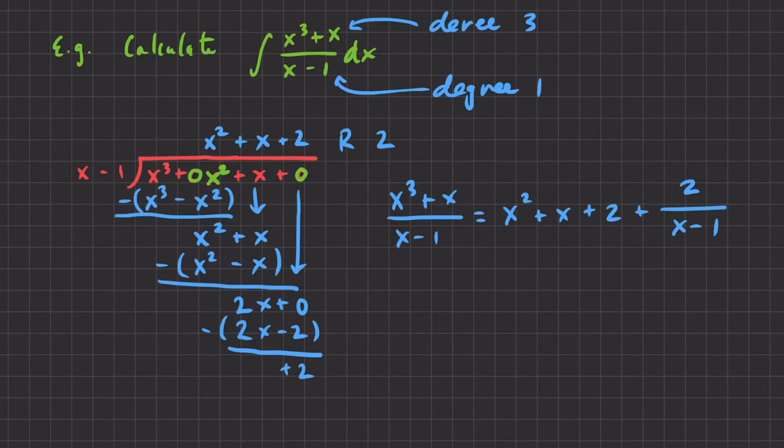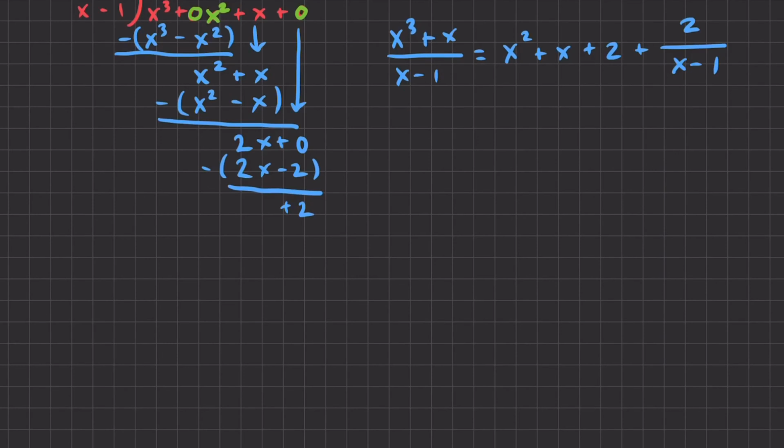Now, integrating that thing on the left, the original function, might be a little bit tricky. Integrating this, it's not too bad, because we can split it up into smaller integrals. This is easy to integrate, this is easy to integrate, this is easy to integrate, and well, this isn't super hard to integrate, but we can do it quite easily, actually. Again, it's just another log function. So let's give ourselves a little more room here, and we'll write that the integral of x cubed plus x all over x minus 1 dx, that's equal to the